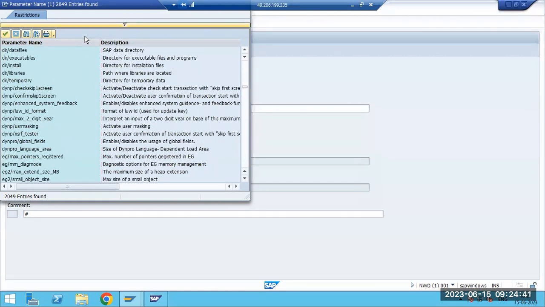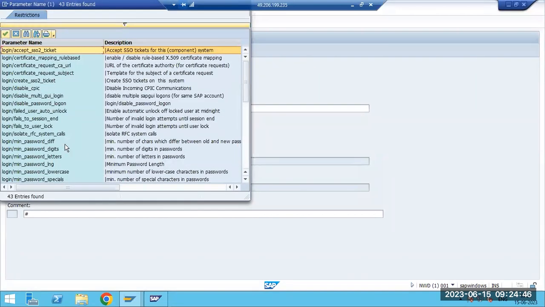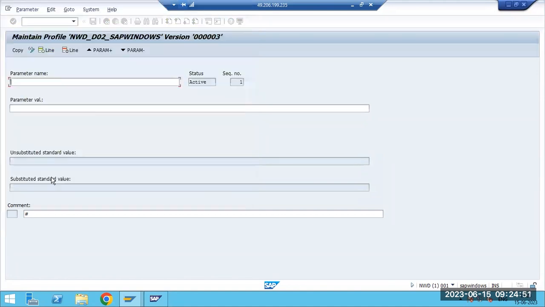Suppose I want to change the password length. That is the login slash parameter. The minimum password is this many digits, letters, lowercase, uppercase, special characters, like that. There are no special characters here. I want to put one special character in the password. If I type 1, then this parameter will be activated. One special character will be required at minimum. That mandatory field I am activating. So when you reset the password, you definitely need to provide one special character, right? Like that I am changing the